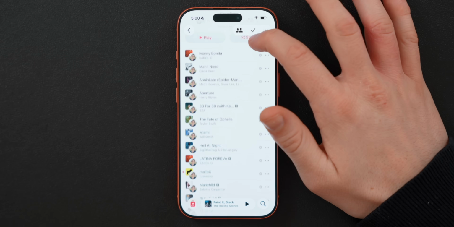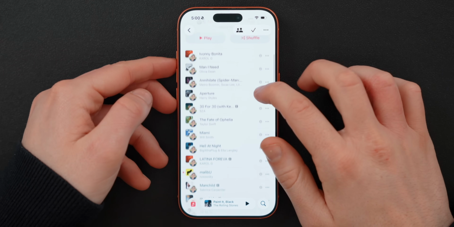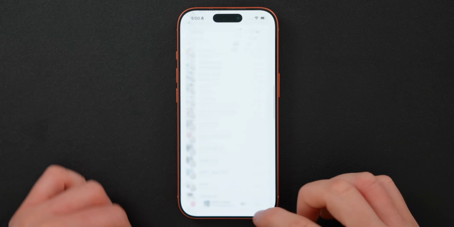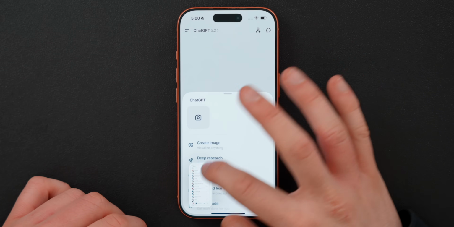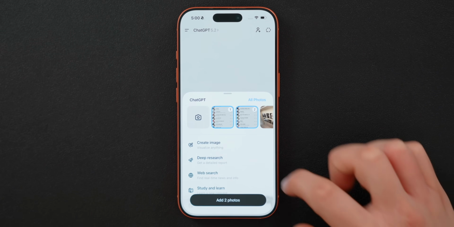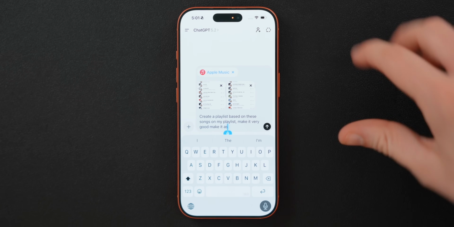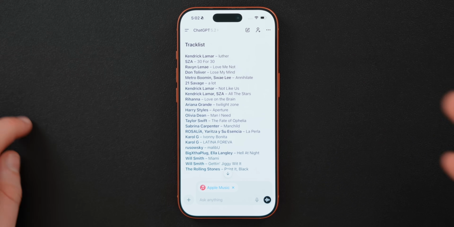Here's another example on how this can be really useful. For example, I've got my studio playlist, right? I can now take screenshots of my playlist, and I can now add these images right here. I can add those in, add my Apple Music, create a playlist based on these songs on my playlist, make it very good, make it as similar as the images that I have right here, create a playlist inside of Apple Music. And boom, just like that, it now created the track list